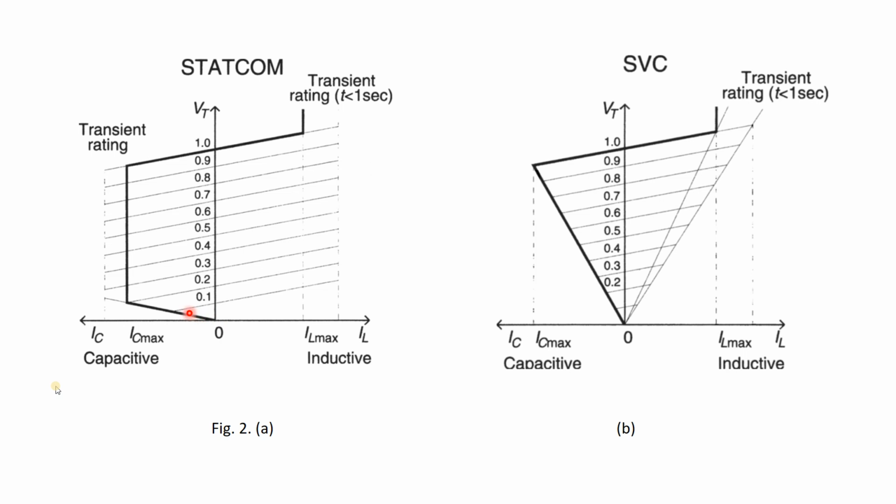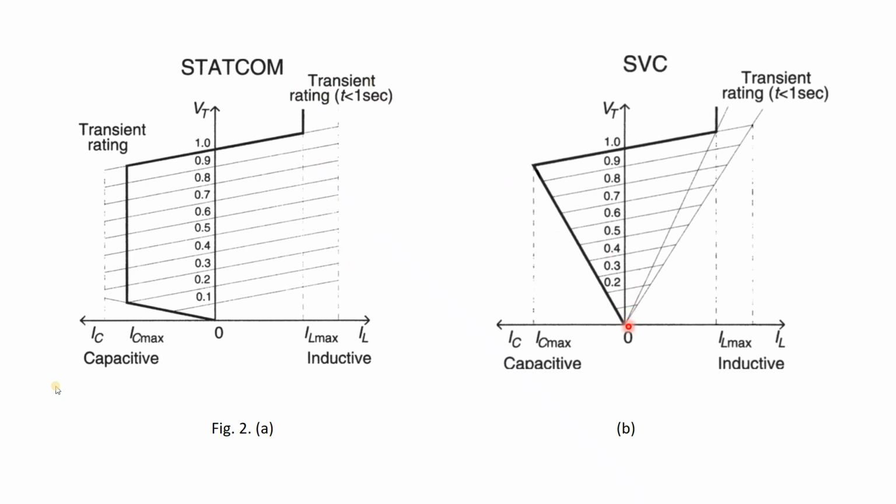When the voltage is increasing at 0.5, it has almost reached 50%. At 0.2 it has reached the maximum output. Even at 0.2 it has reached the maximum output. Then if the voltage is increased, the current will be the same. When it is acting as an inductor, the inductive current will also be linear like this. It is a transient rating, considered to be for a time of less than 1 second.